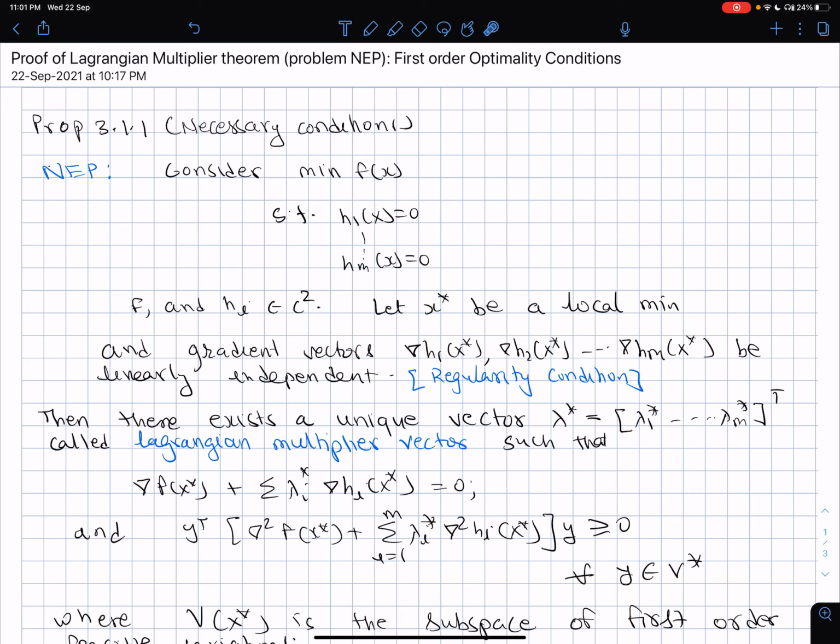We start with x star being a minimum because we only want to find out that if it is a minimum, what all necessary conditions it should satisfy. I have said this earlier also: if some point satisfies all the necessary conditions, it becomes a good candidate for being a local minimum. Only when it also satisfies the sufficiency conditions can you say without fail that it is indeed a local minimum, and usually giving necessary and sufficient conditions for generic problems is difficult.